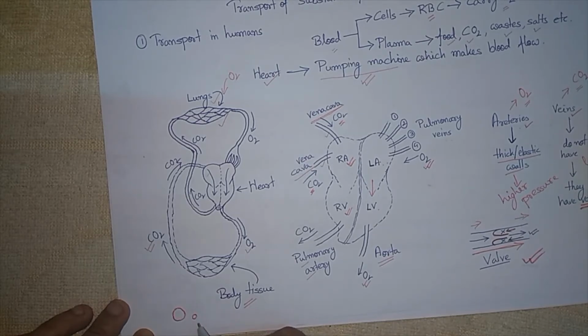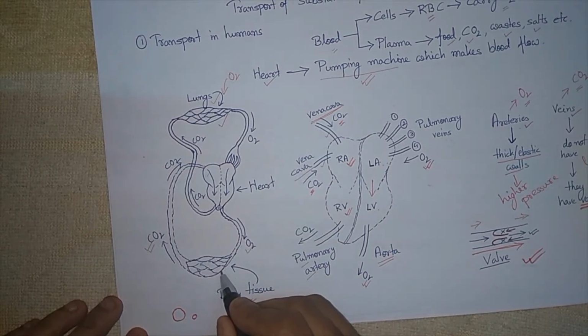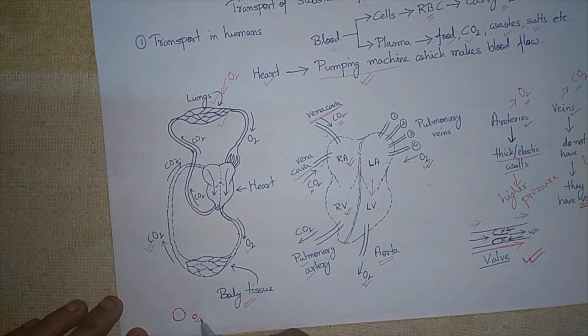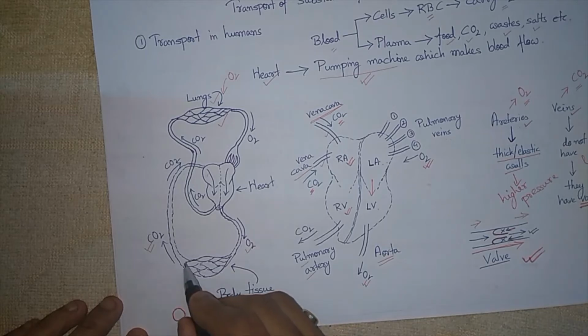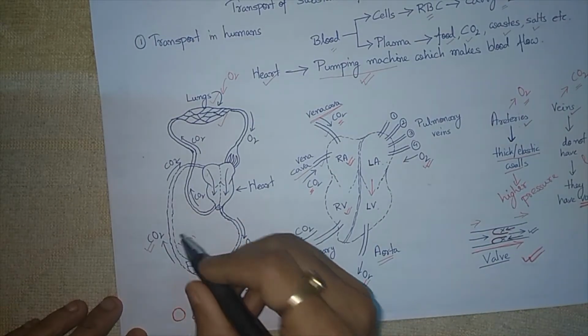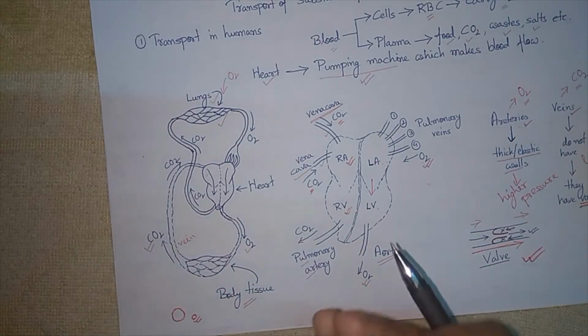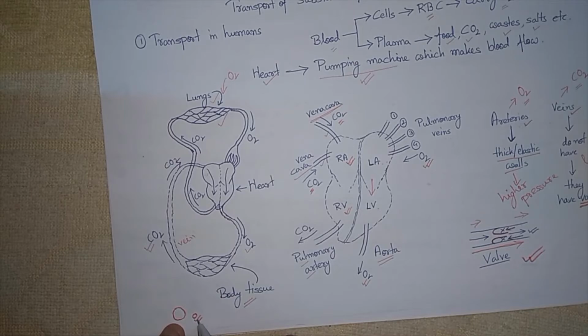So we can say smaller or finer arteries. These capillaries, that is, finer blood vessels, then unite together to form the vein which carries the carbon dioxide. So capillaries are nothing but fine arteries and veins, smaller in size,